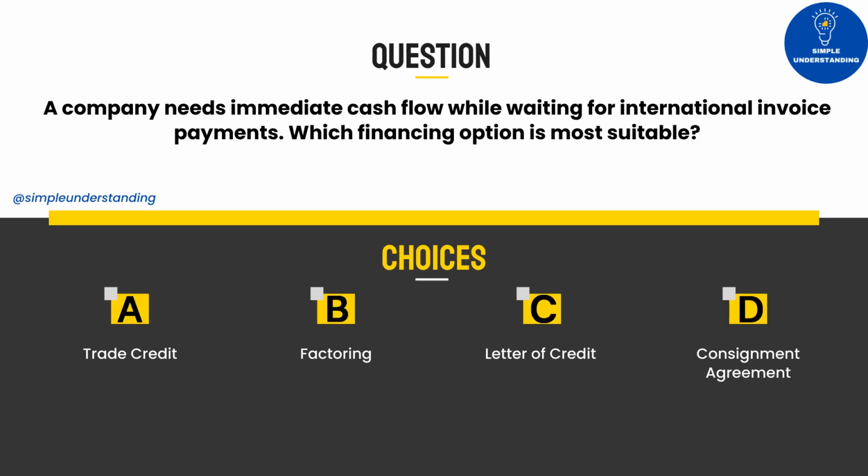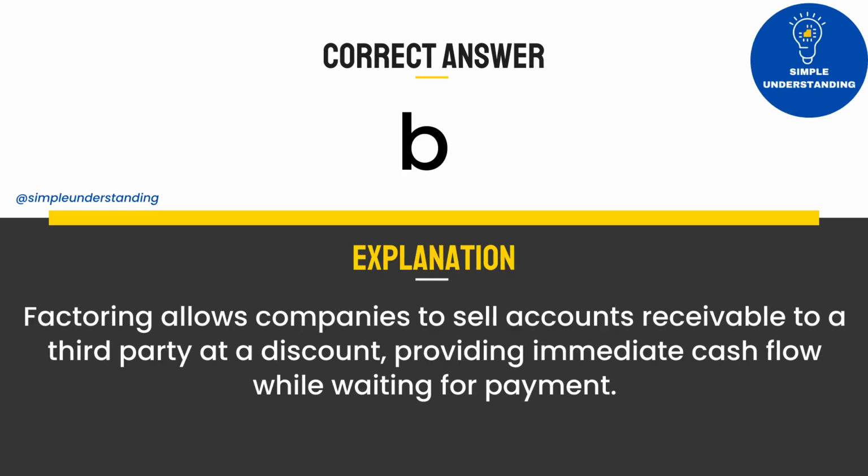3. A company needs immediate cash flow while waiting for international invoice payments. Which financing option is most suitable? A. Trade credit. B. Factoring. C. Letter of credit. D. Consignment agreement. Correct answer: B. Factoring. Explanation: Factoring allows companies to sell accounts receivable to a third party at a discount, providing immediate cash flow